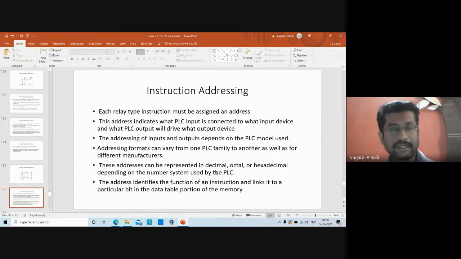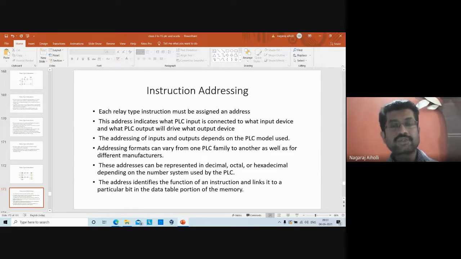Let us see that in detail. The addressing of inputs and outputs depends on the PLC model used. Which type of addressing you make use of depends on the model. Some other manufacturers go for other formats of instruction addressing.